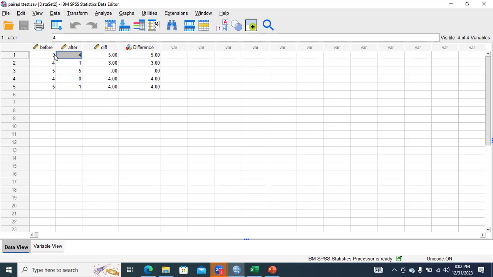And you can see that before the training was provided, some were having a number 9. He has to face 9 attacks before the training is provided, but after the relaxation training is provided, his number of attacks decreased. You can also